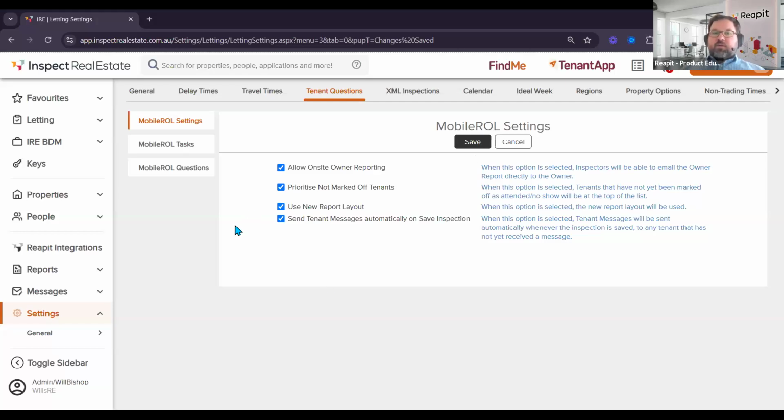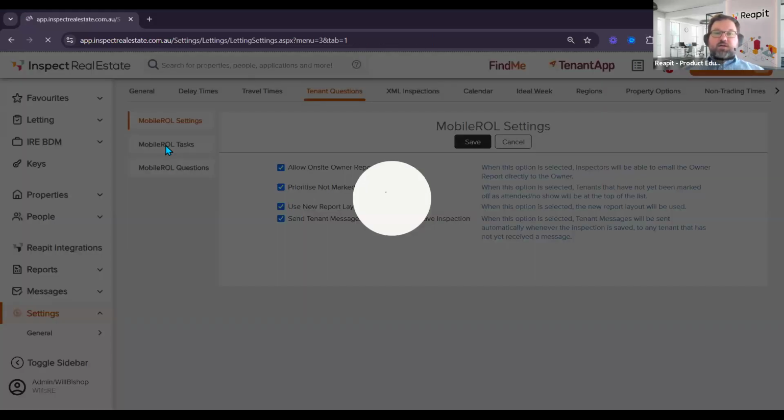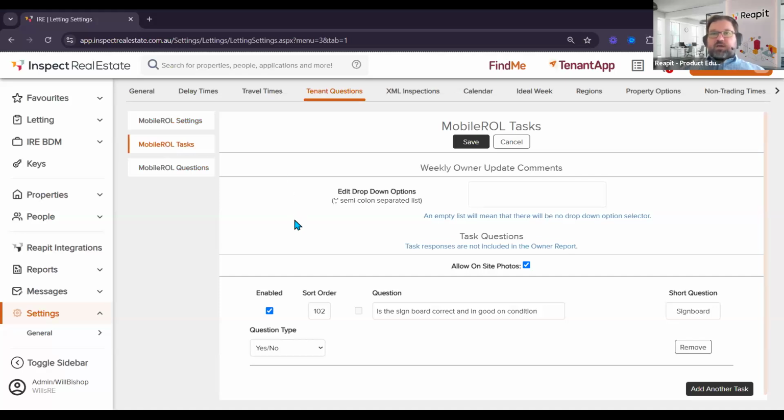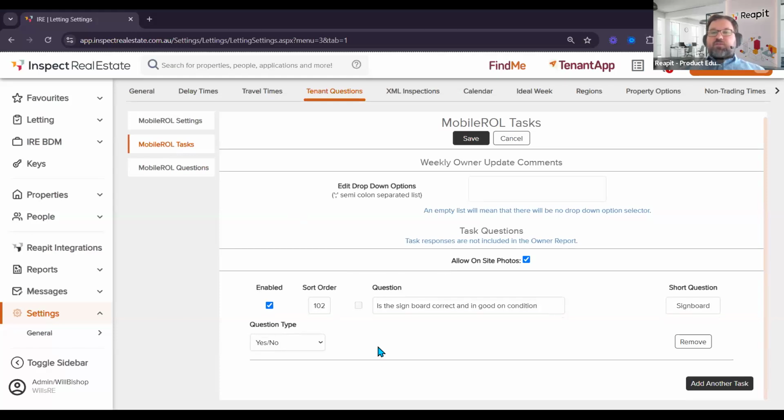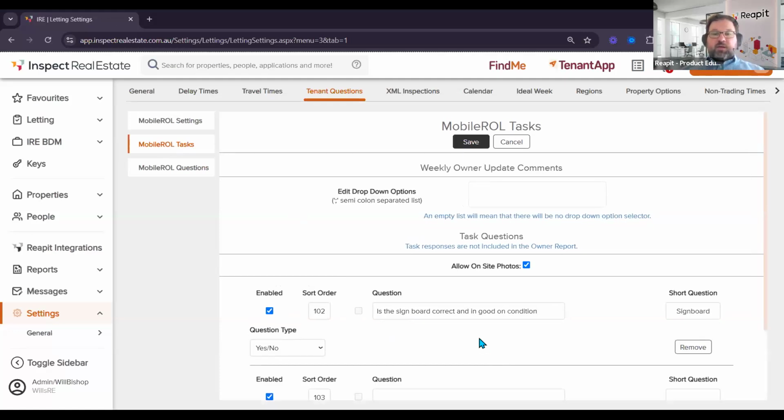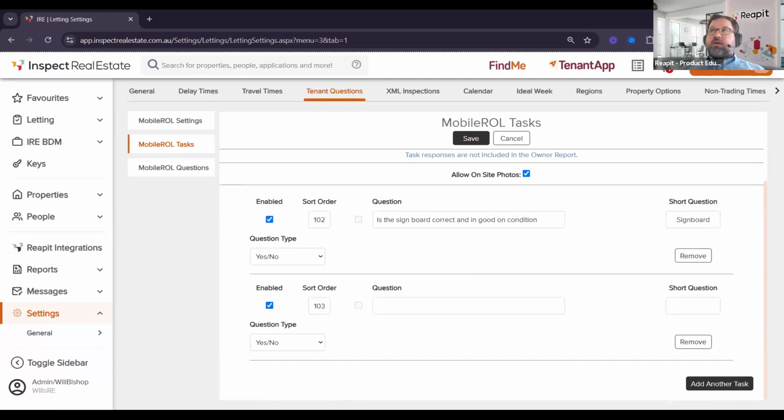Now, while we're here, let's have a look at some of the other mobile ROL options that we have available to us, and starting with mobile ROL tasks. Now, mobile ROL tasks, and this is something where for those of you that, well, to be honest, even if you're working by yourself, these are tasks that you can use to report back on how that property is going. And you can actually use some of these to report to the owner as well. And I'll show you how that works a little bit later. But for now, I'm going to pop in a task here because I work in a team. And I would like for the agent to be sent a report